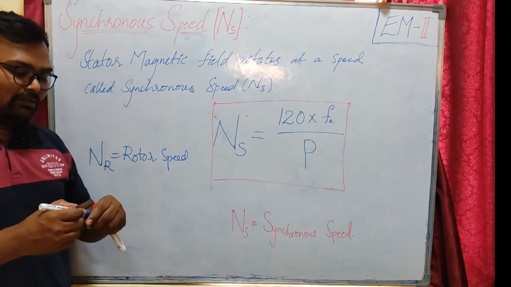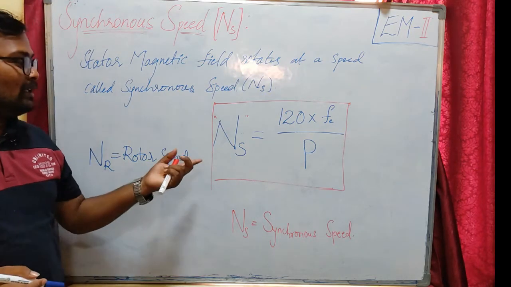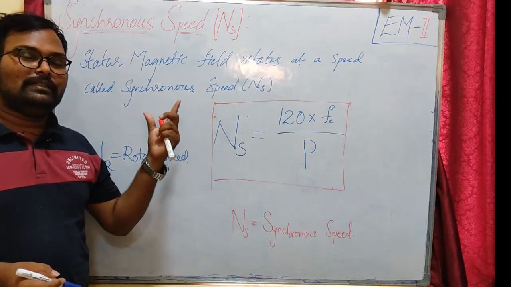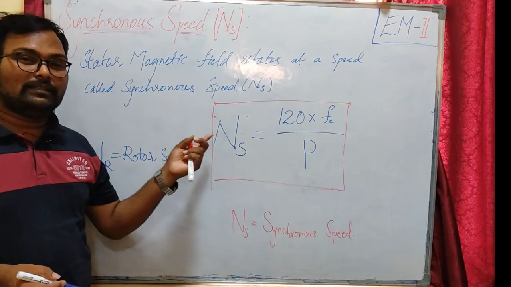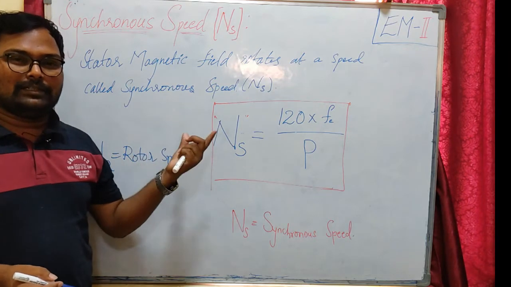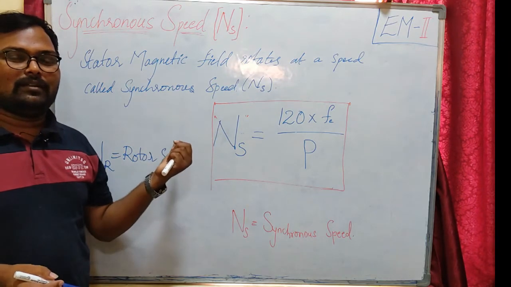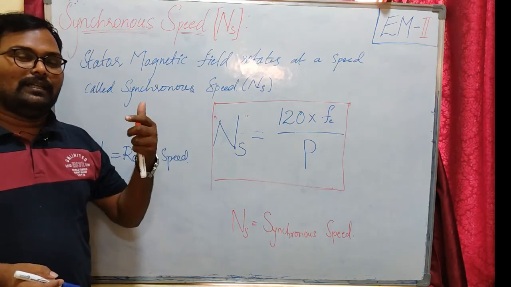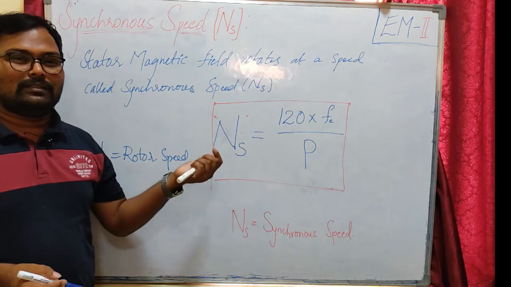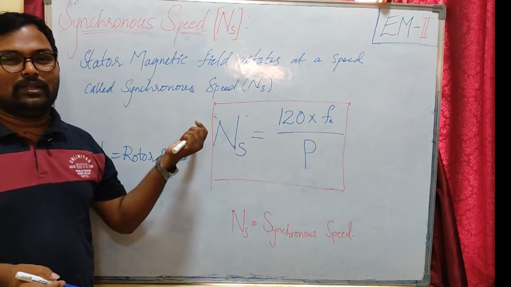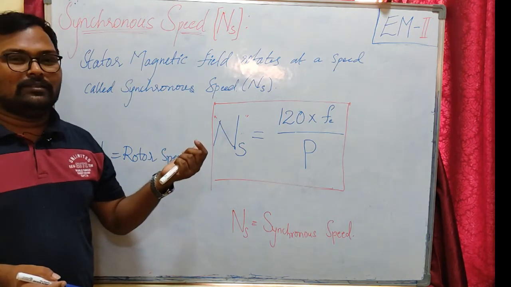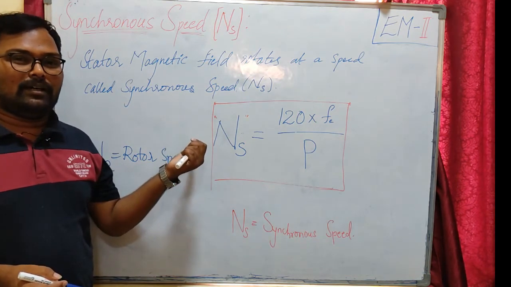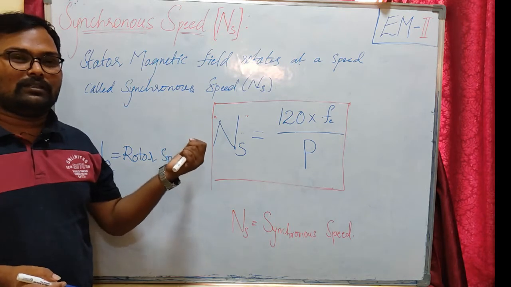That means the rotor of our induction motor tries to catch up with the stator magnetic field, but it won't catch up. If it did catch up with the stator magnetic field, there would be no relative speed between the stator magnetic field and the rotor conductors. So there will be no EMF in the rotor conductors, hence there will be no current in the rotor conductors, which will never produce rotating torque. Hence our rotor starts decelerating.